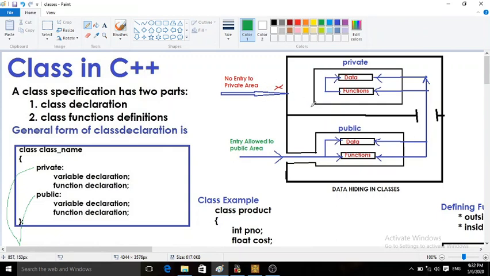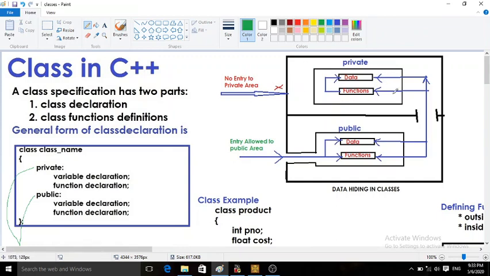So in this way, private data can be accessed only within the class, only by the members of the class itself. For the outside world, the data and functions which are declared as private are considered hidden, as they are not directly accessible.